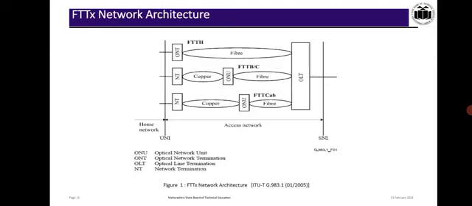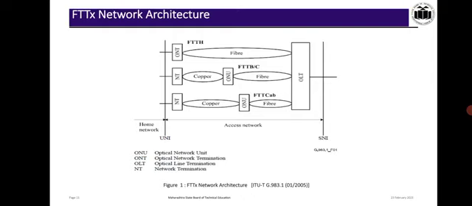Now from this figure, this is the FTTH network architecture. There are two network interfaces, the service network interface and the user network interface. The signal from SNI then moves to the OLT. OLT means the optical line terminal. Then from the optical line terminal, through the fiber, the signal is optically transmitted to the FTTH. That is the first configuration.